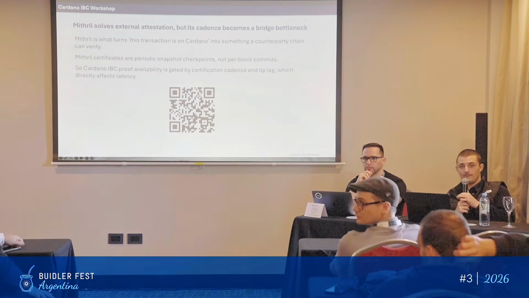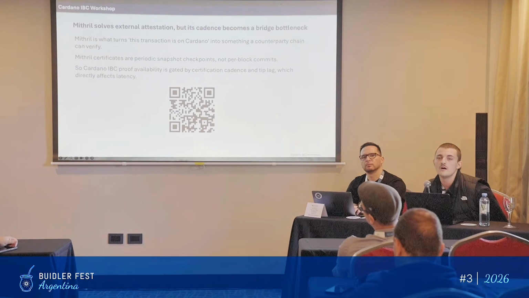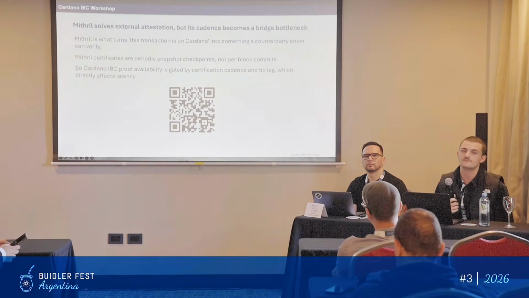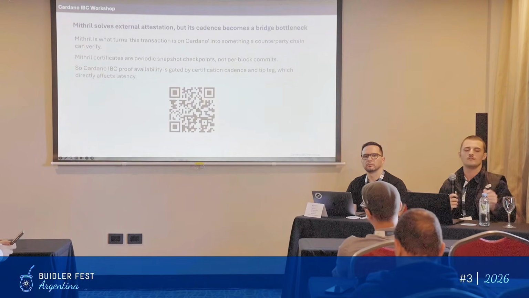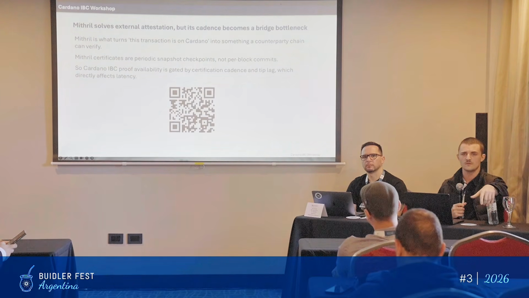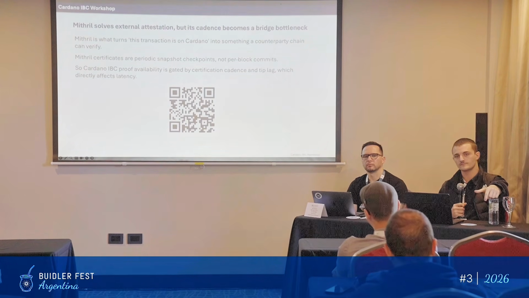I have a question. How, with Mithril, are you working around the very long eventual finality of Cardano, which is definitely immutability you only have after 2,160 blocks? How will Peras change the situation for your application? I'm talking a bit later, so I don't have all the context, but speaking about Mithril attestation of the state of Cardano, how will that change if you have, with Peras, a built-in mechanism which attests faster finality? Like what's the finality guarantee you need, if you look ahead with this Peras update?